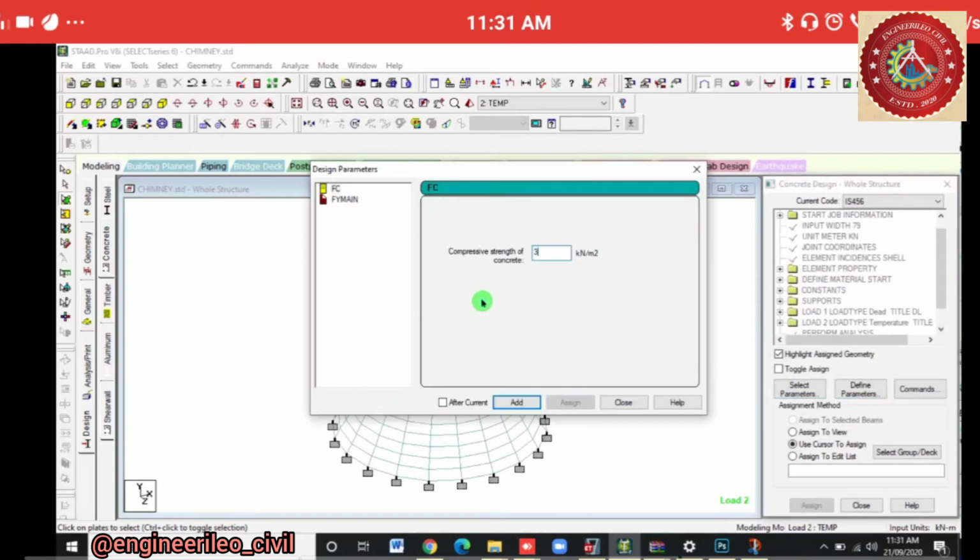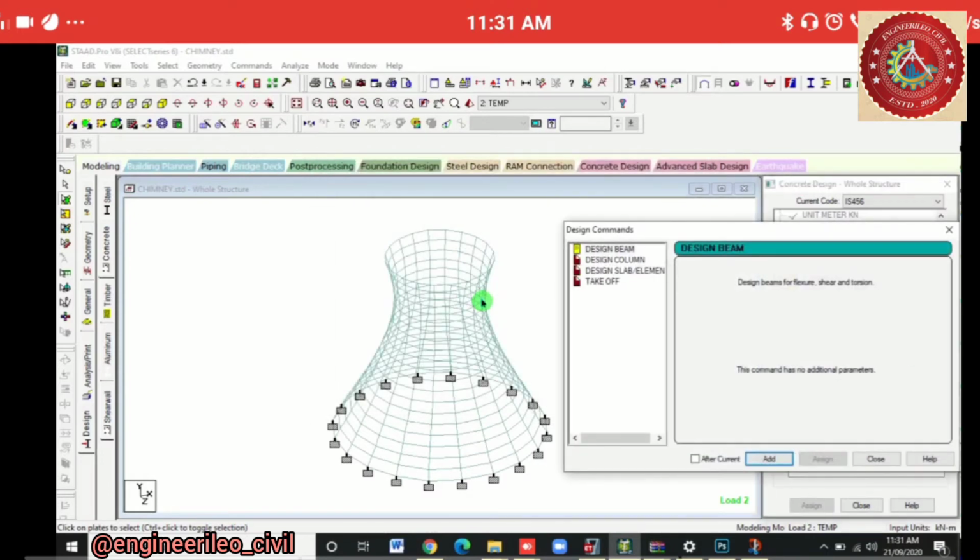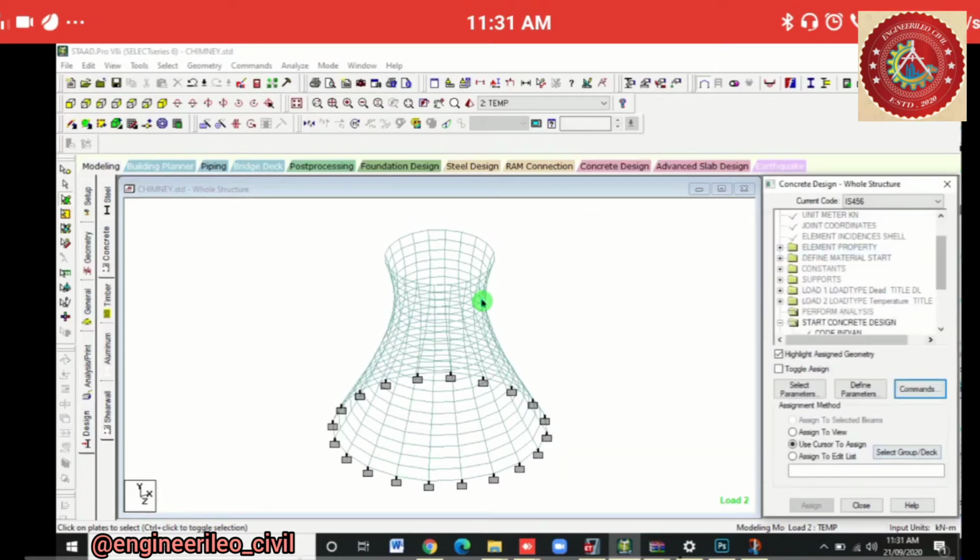FC as 30,000. Add. For FY main we'll take 415,000. Add and then close. Then we'll go to commands. Because this member is made of only plates, we'll design for plate and we'll take it off and close.